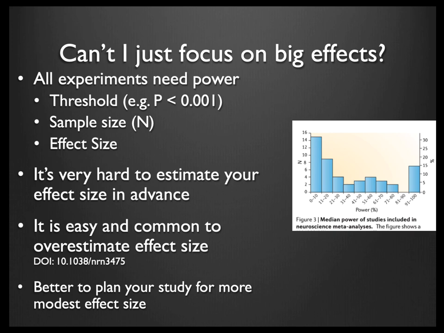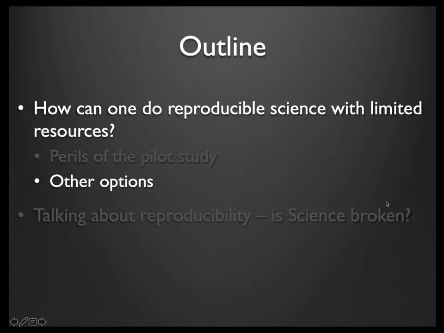Right, so this is a little figure from the Button paper, I think, about the effect sizes that exist out there. So it's a distribution. There are large effects, there are small effects, and there's a lot of things in the middle. If all of us only looked for big effects by doing a whole bunch of small studies, there is a whole bunch of stuff here that we will never know about. And I think that stuff is important.